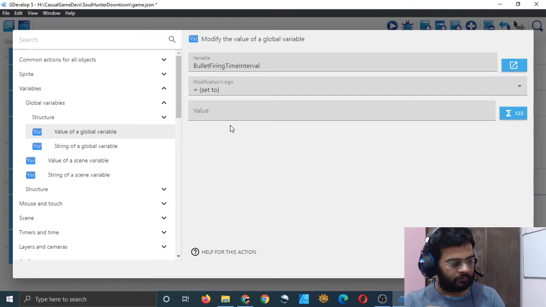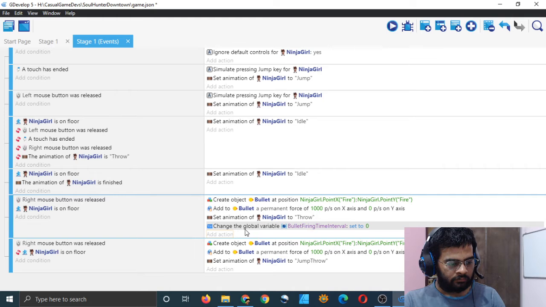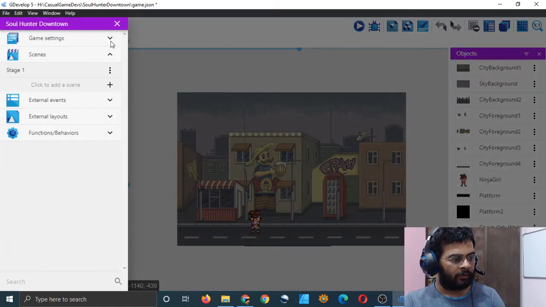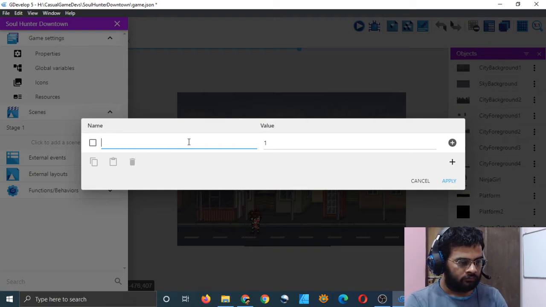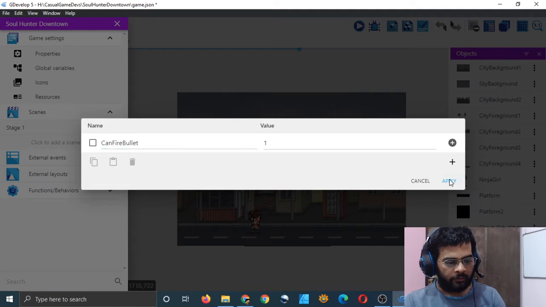I will set the value to 0. I think I should change the name. Bullet firing, can fire bullet. I will change the name because time interval is kind of misleading. Can fire bullet. By default it's 1.